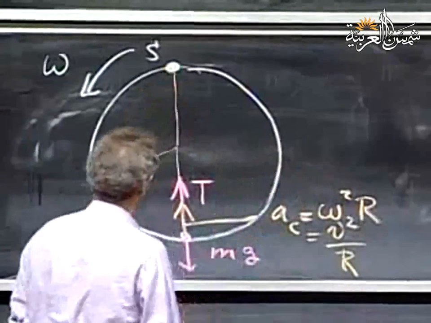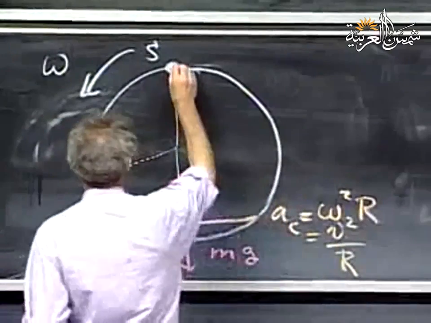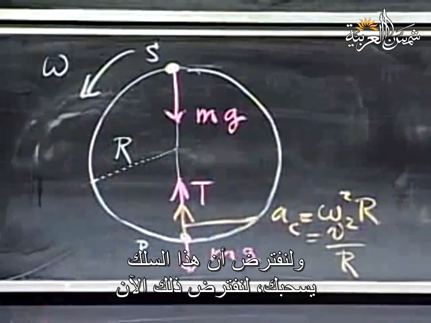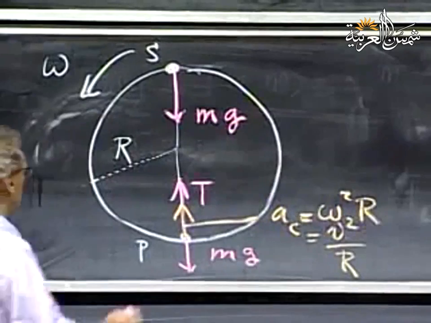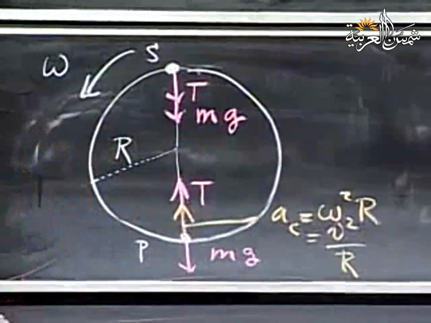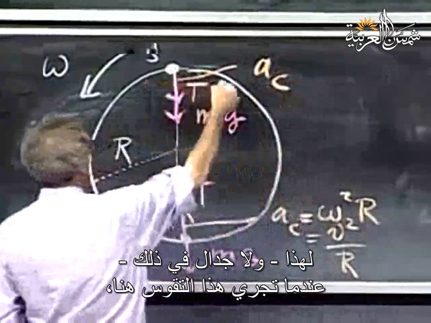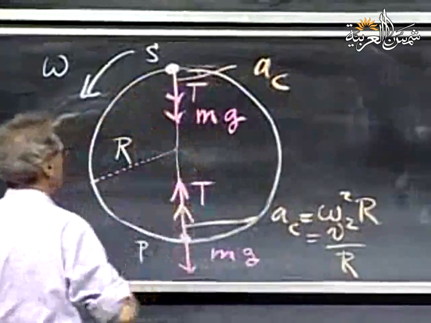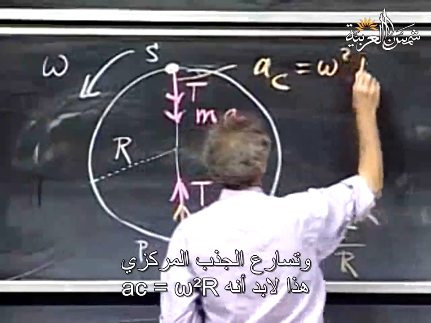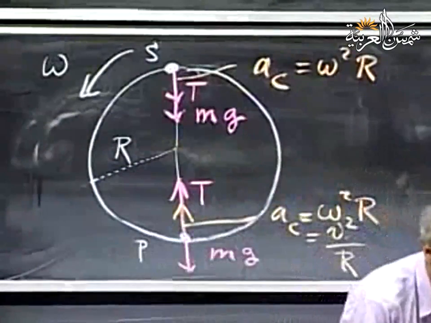Let's look here. Right there, gravity is acting upon you, mg. Let's assume the string is pulling on you. Let's assume that for now. So there is a tension. The string is pulling on you. Therefore, non-negotiable, when you make this curvature here, there must be a centripetal acceleration, and that centripetal acceleration must be omega squared r. That is non-negotiable. It has to be there.